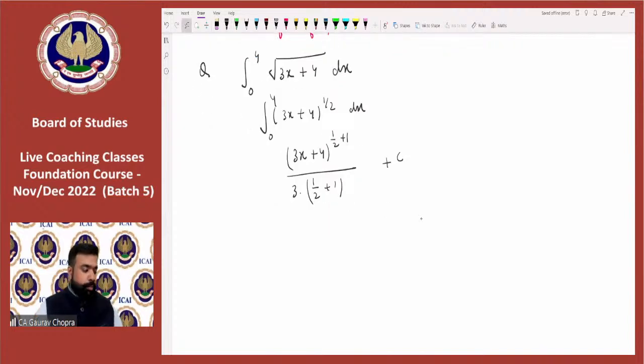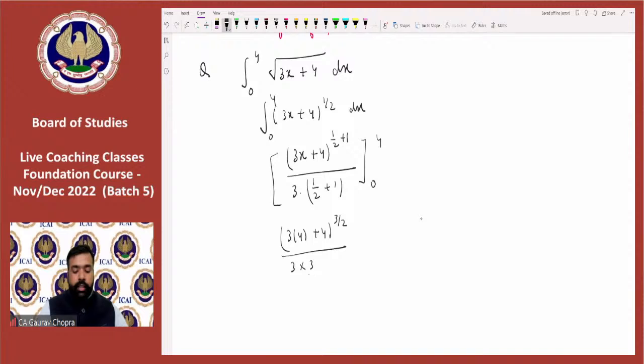So let's simplify and see what is the result. And one more thing, we will not write the constant because it is a definite integral. So we will write from 0 to 4. So let's solve this. 3 multiplied by 4 plus 4 to the power of 3 by 2 upon 3 multiplied by